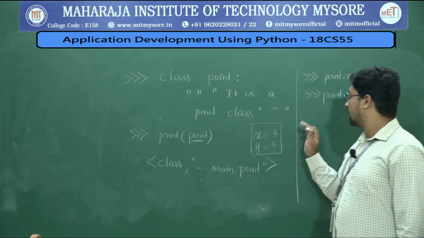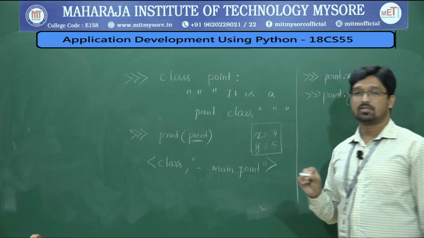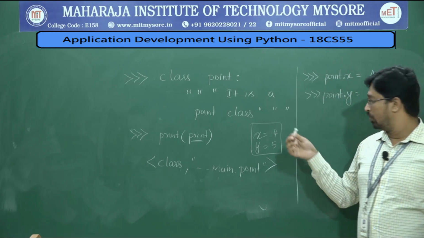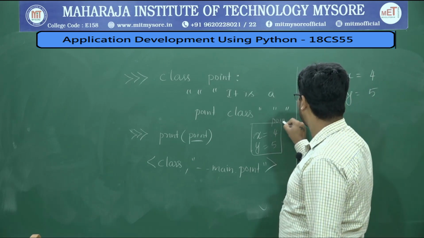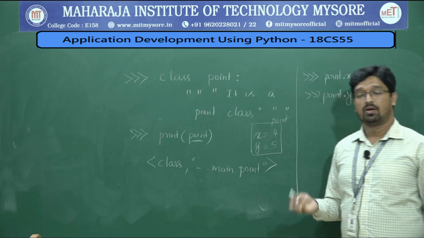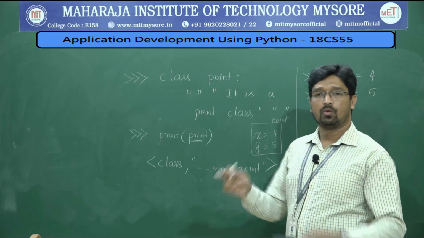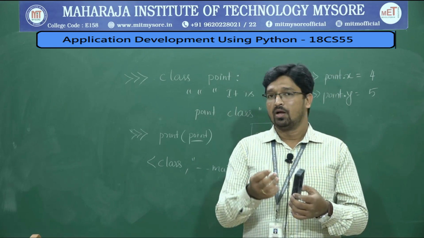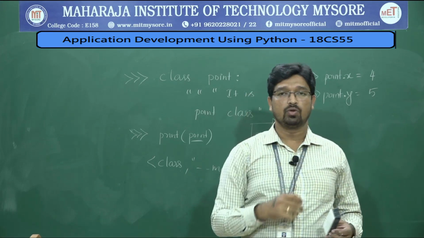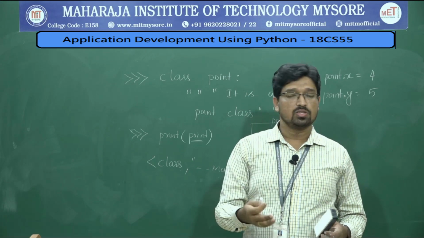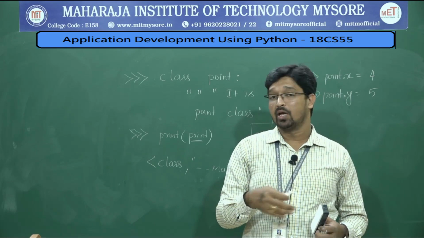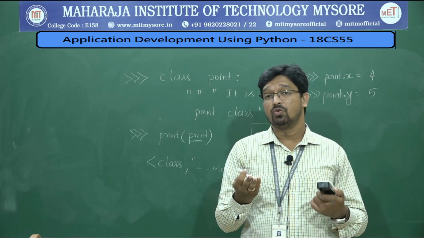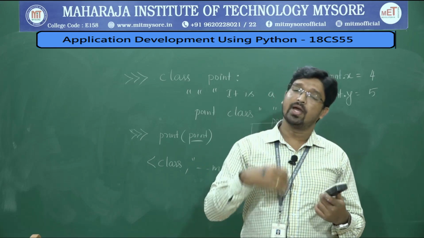Right? But can I have x and y like this? Because I said a class is a blueprint. In a blueprint, I cannot store the values directly. Let us say I was telling about a form. Let us say I generate a new form, and I write everything, my name, my USN, my address, my mobile number, and give it to you. Then you need to take a Xerox of that particular sheet. Is that correct? No, I should give you an empty sheet, right? So that you can fill it later.